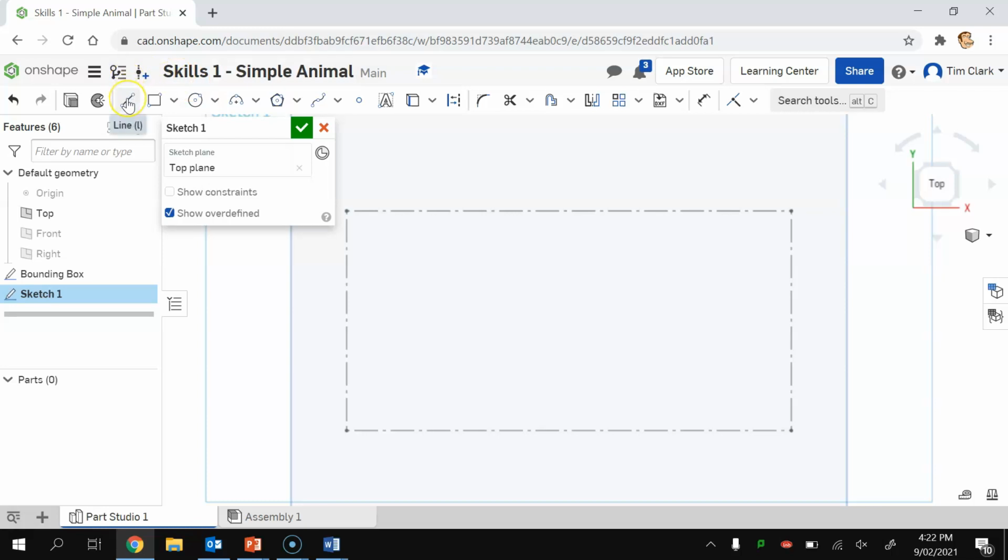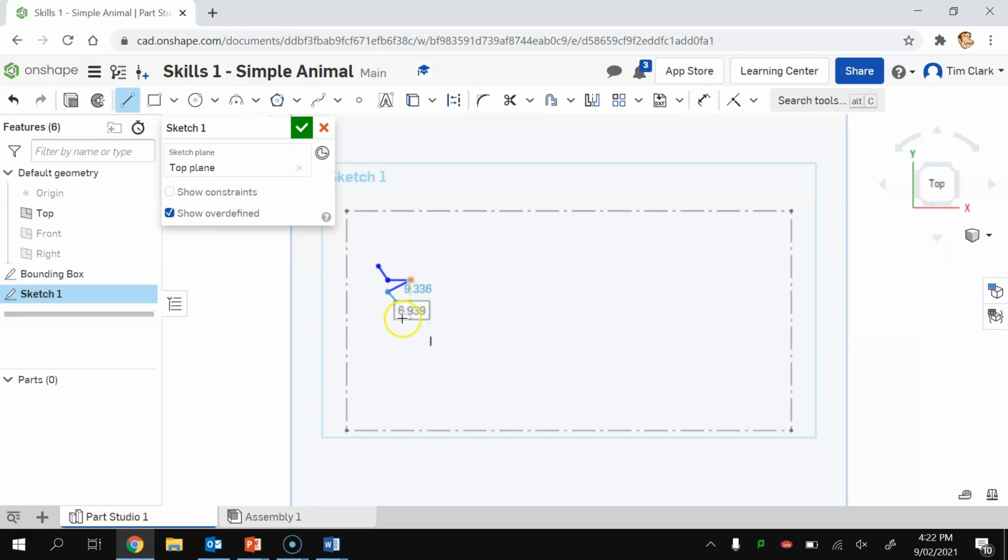I'm going to use the line tool to draw my animal. So here it is. I'm going to basically start with the head like this. Got a bit of a mouth, bit of a strange looking animal. It's got some short little legs. You don't have to draw anything like this. You can basically draw anything you want in terms of being an animal shape,